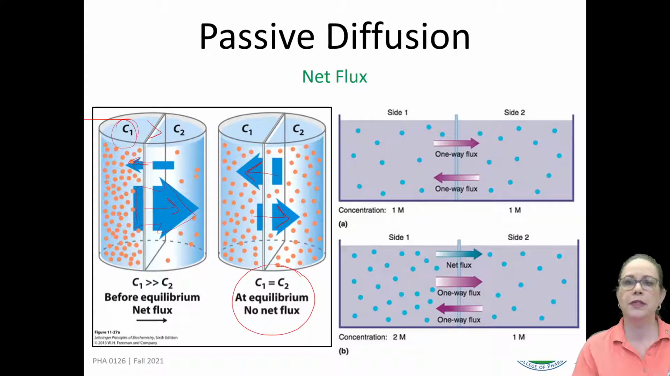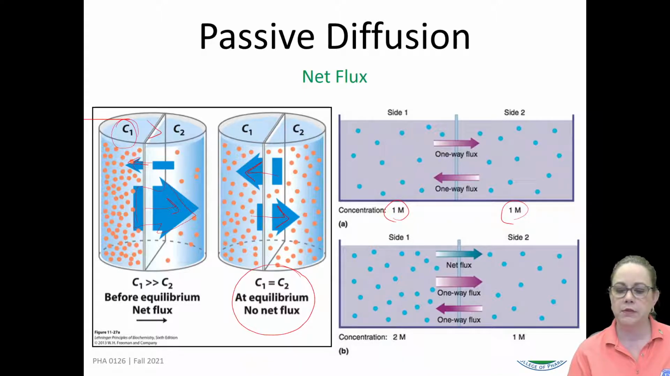Molecules are still moving. It's just you have the same number moving from the left to the right as the right to the left, so there's no net change overall. And that's what the figures on the right are illustrating. At equilibrium in the top panel, we see we have a 1 molar concentration of those blue spheres on each side of the membrane. So we have two arrows of equal thickness representing an equal movement or rate of movement from side 1 to side 2 as we have from side 2 to side 1. So no net flux